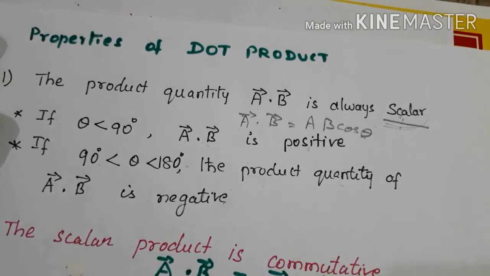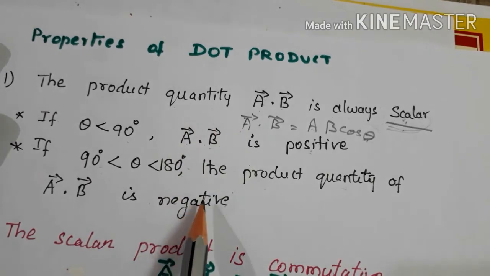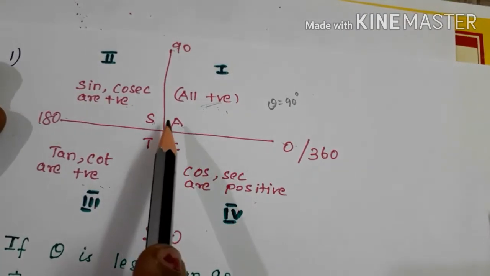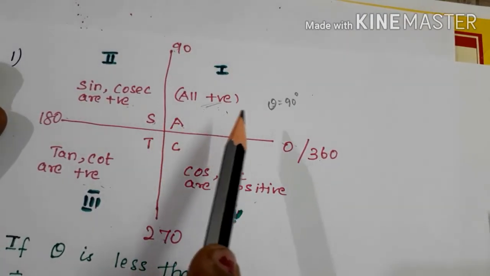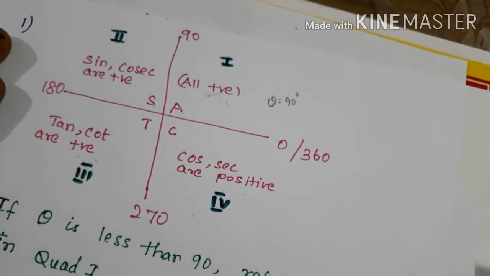Children, this is the continuation of the previous video. First property we have discussed in the previous video, right? I was talking about this "all silver teacup" and how to find whether the angle is positive or negative in the given quadrant. So if cos theta,